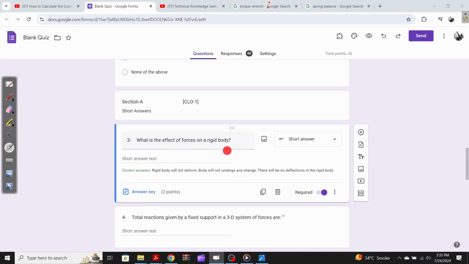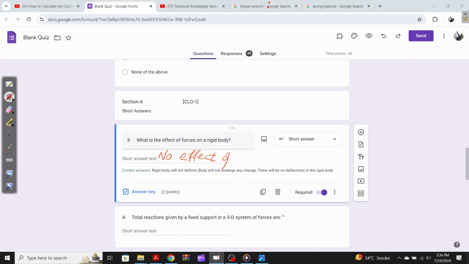A force can only deform a deformable body, where there will be deformations, deflections, extensions and contractions. But in statics, we study rigid bodies. So you can write this explanation, and technically speaking, the solution will be: there will be no effect